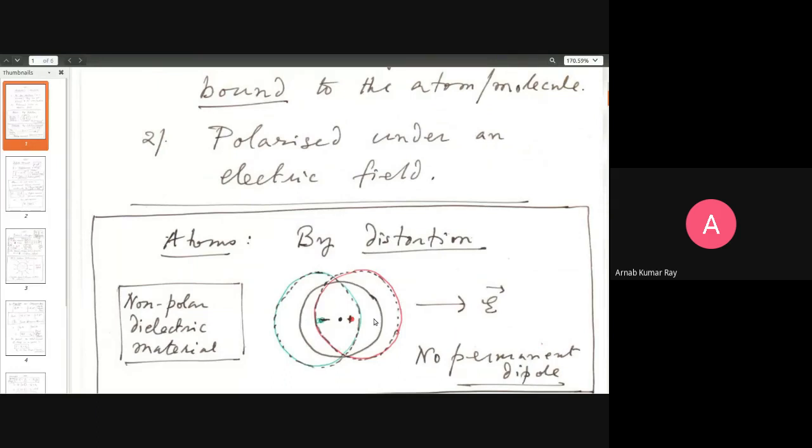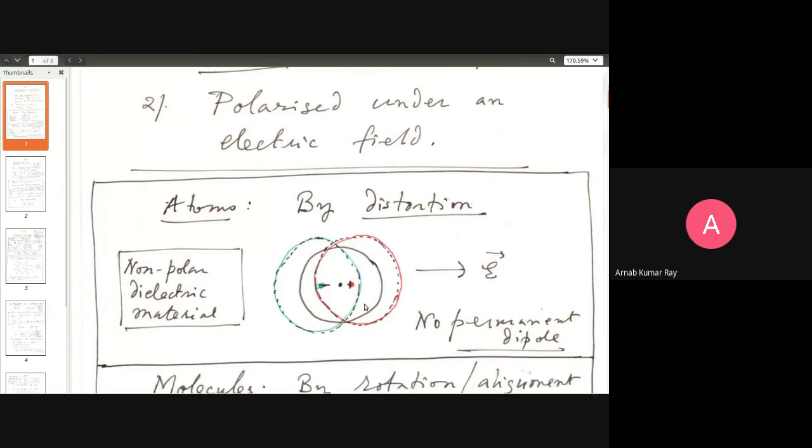So we discussed this phenomenon with respect to atoms, in which, by the application of the external electric field, we have a polarization by distortion. This kind of feature will be absent when there is no external field. And what is this polarization by distortion due to? Whenever you have an electric field, it tends to sweep positive charges forward in the direction of the electric field and drag negative charges backward in the opposite direction. So that is what you have.